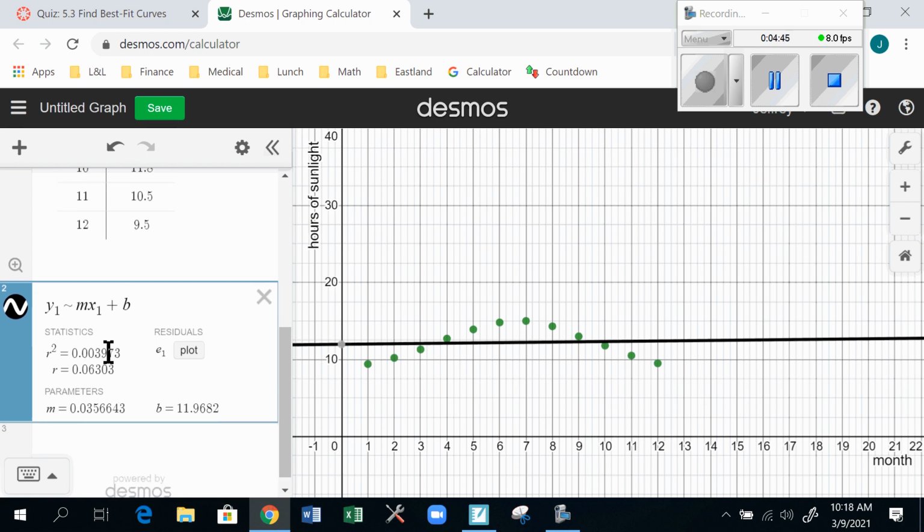My r-squared value tells me how strong the correlation is between these data points and a straight line. And look how low this is. It's 0.0039. If you move the decimal two places over to write it as a percent, this is